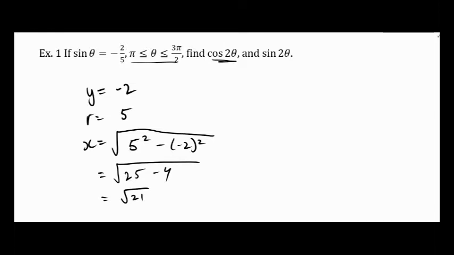So x is the square root of 21. We did questions like these on the very first day of this course when we reviewed grade 11, and you're given a point, and you start talking about the point and the radial arm. So since we have an equation for cos 2 theta that has sine in it,